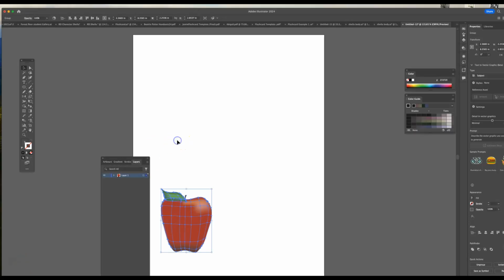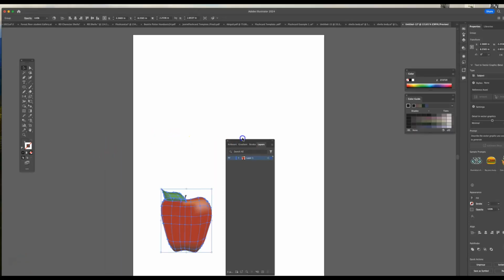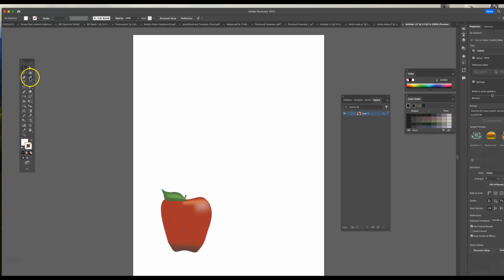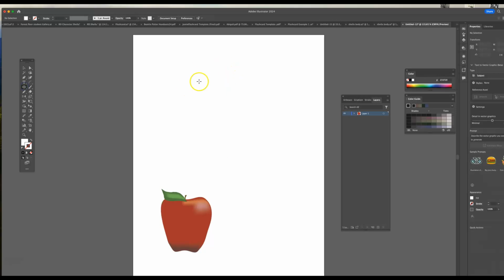Okay, so today we're going to talk a little bit about how to make a gradient using this grid. So let's take a look at this particular tool. What you see right now is kind of an apple that I created, and I did it very fast. So how did I start? Well, let's just start with a circle,